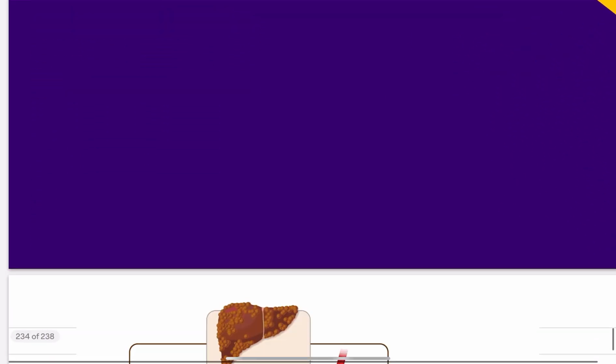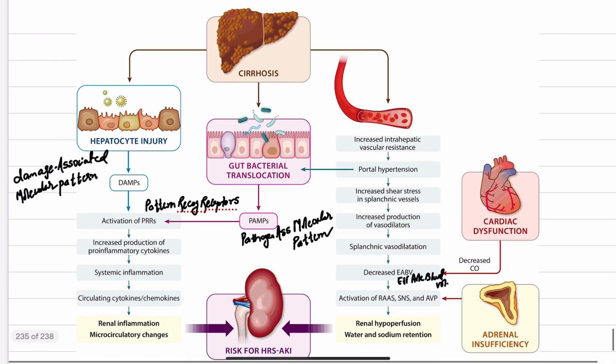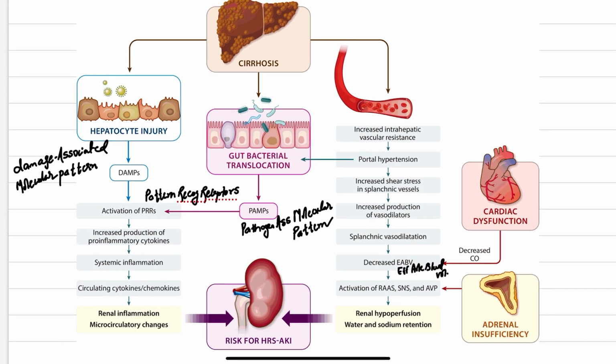So HRS is hepatorenal syndrome. The pathophysiology behind HRS is that a patient with cirrhosis has hepatocyte injury and there is gut bacterial translocation and increased intrahepatic vascular resistance due to fat. All these will lead to portal hypertension. The increased intrahepatic vascular resistance leads to portal hypertension, which also drives the gut bacterial